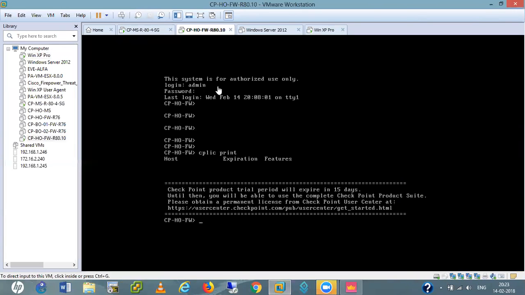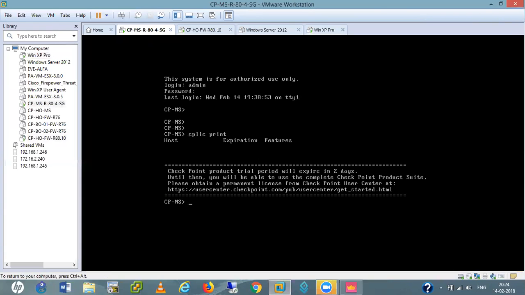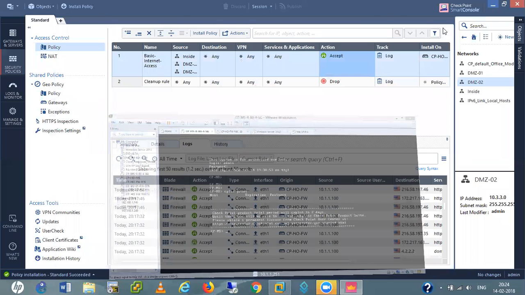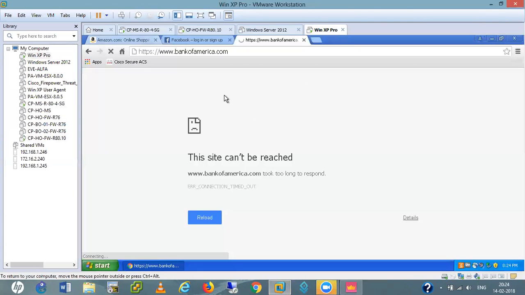That's 15 days. What about this guy? 2 days. It is still not decrypting. It is also not able to open this website, Bank of America.